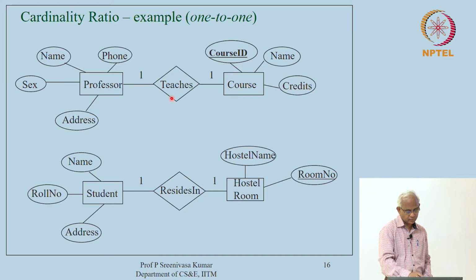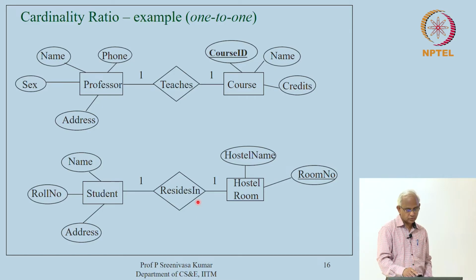In a similar way, suppose there is a policy in the institute that the students have to be allotted single rooms, so to say, I mean each person has to be associated with exactly one room. So, the resides-in association between students and hostel rooms is a 1 to 1 relationship,